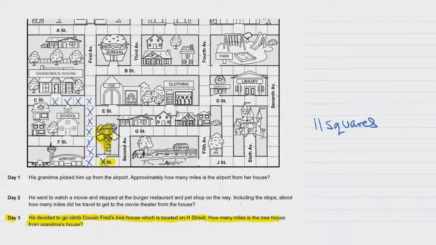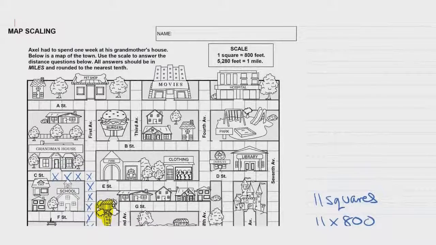And we know that each square is worth 800 feet. So we do 11 times 800. But we don't worry about these two zeros until the end. So all we do is 8 times 11, which equals 88. Then I put back in the two zeros, and we get 8,800. Then we need to convert this to miles. So we do 8,800 divided by